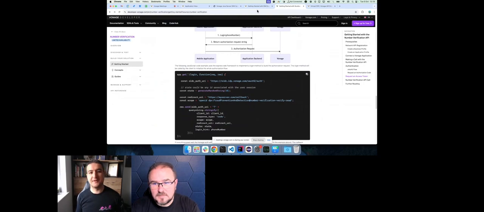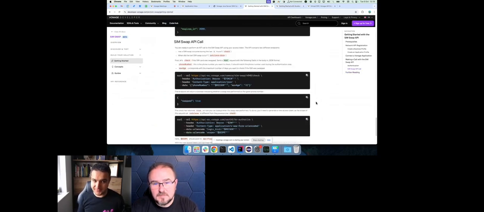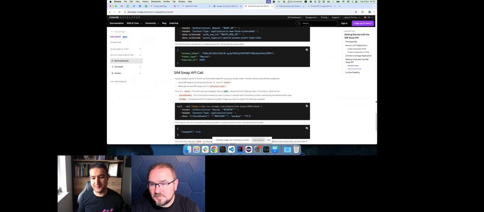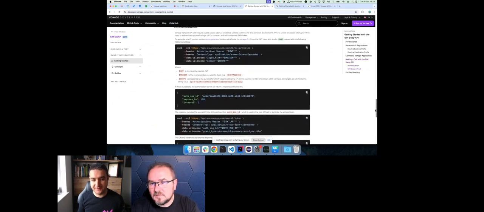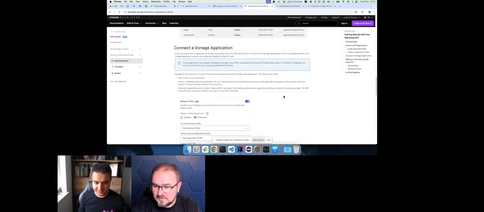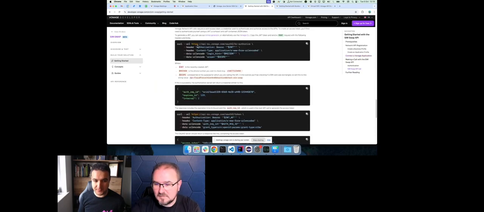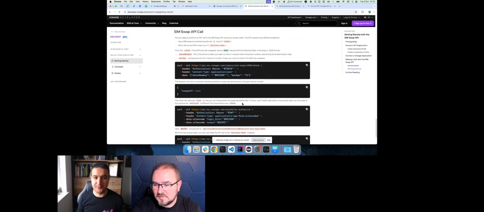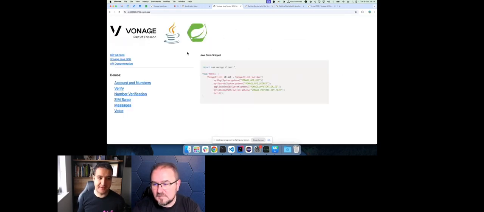So as Paul mentioned, SIM-swap is one of the network APIs, and using it in the raw API, because it uses OAuth 2, can be quite complex because you have to do all of these things. Of course, we offer SDKs to make that simpler. I have a little demo app here that I can show you, a Java SDK. And if I go to SIM-swap,